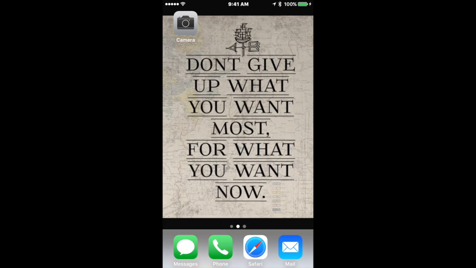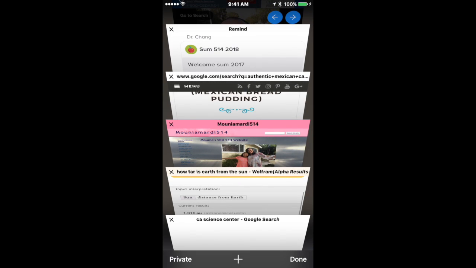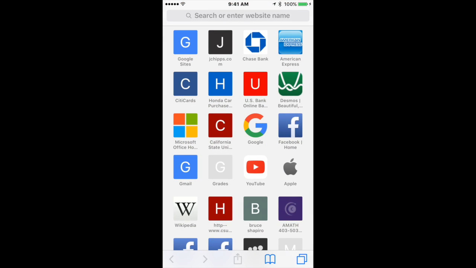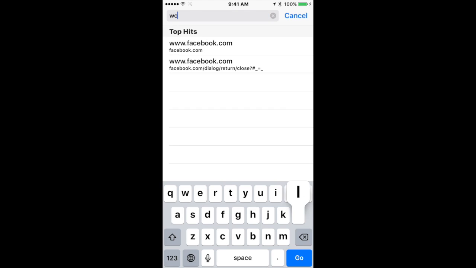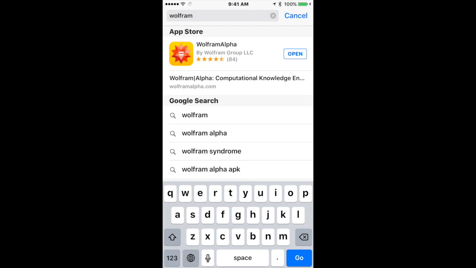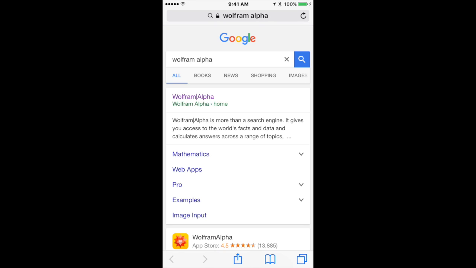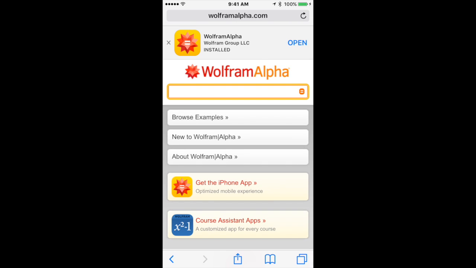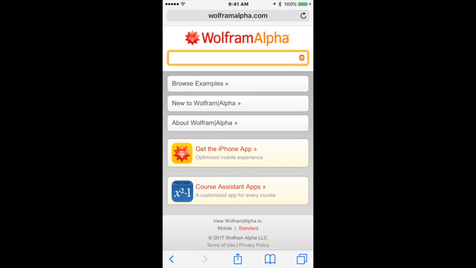Today we're going to talk about a very user-friendly platform. It's called Wolfram Alpha. You can get it online, you Google it, or you just type Wolfram Alpha, and it opens up. The desktop version is very good, but is limited in what it can do compared